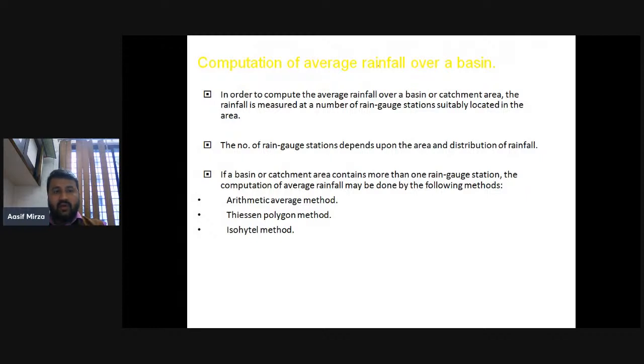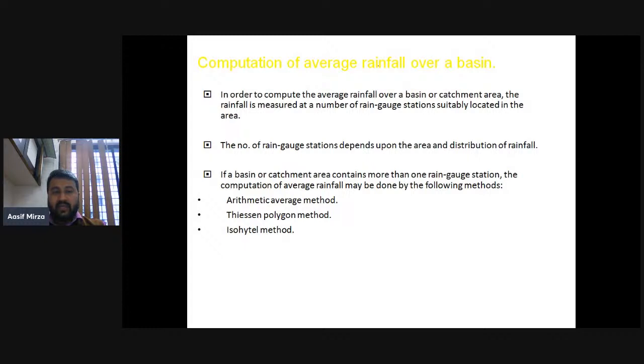Okay, now we will move to the next topic, that is the computation of the average rainfall over a basin. In order to compute the average rainfall over a basin or catchment area, the rainfall is measured at a number of rain gauge stations suitably located in the area. The number of rain gauge stations depends upon the area and the distribution of rainfall. If a basin or catchment area contains more than one rain gauge station, the computation of average rainfall may be done by the following methods: